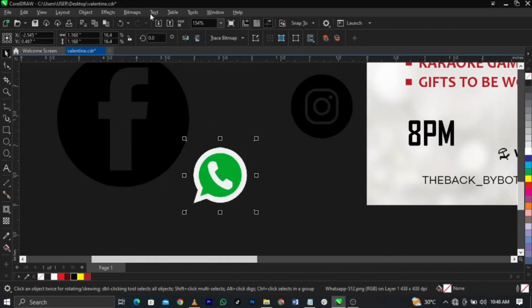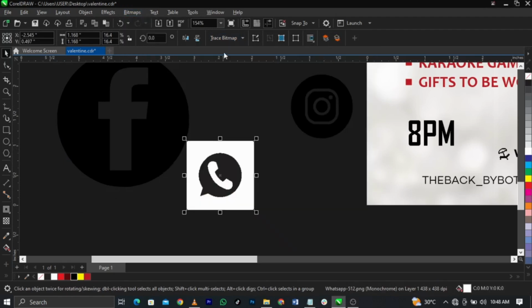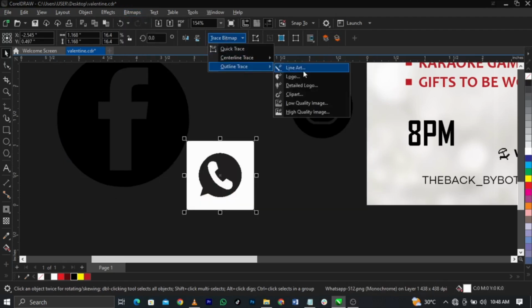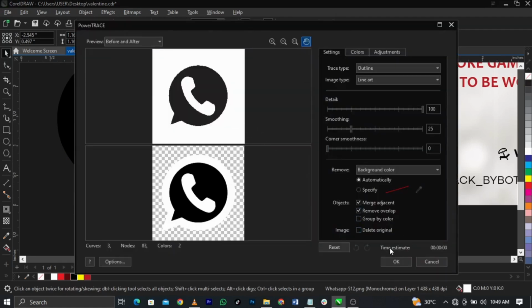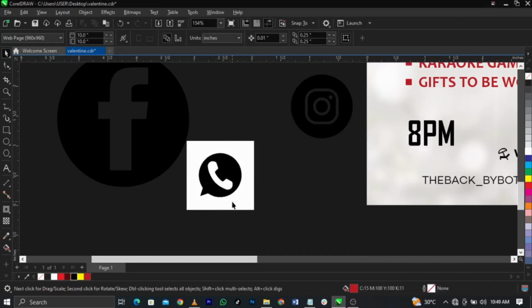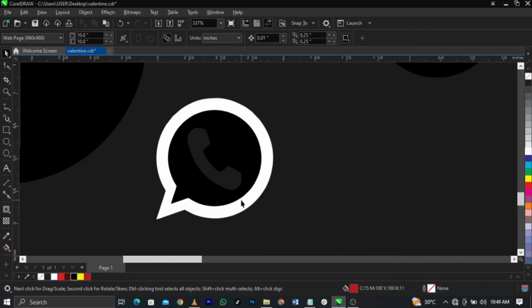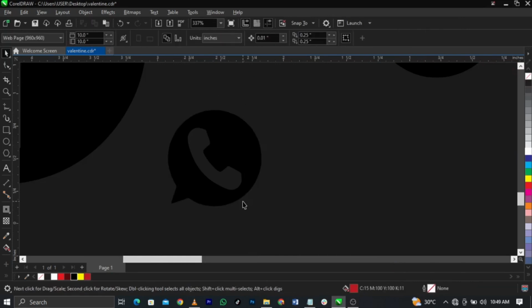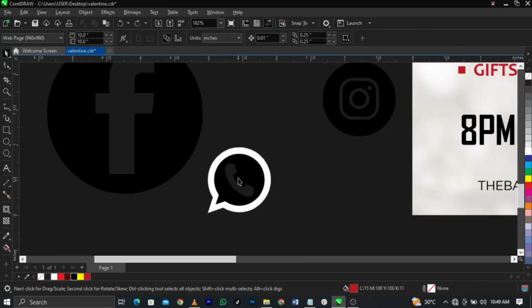So you can do the same to this: bitmap, mode, black and white, okay, trace bitmap, outline trace, line art, wait for it to load. You can see the before and you can see the after. So now click on OK and delete these ones, delete this, and you can basically delete that one. Or what you're going to do is you can leave this one, delete the black one,